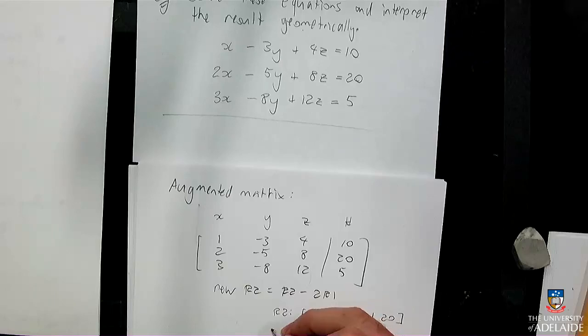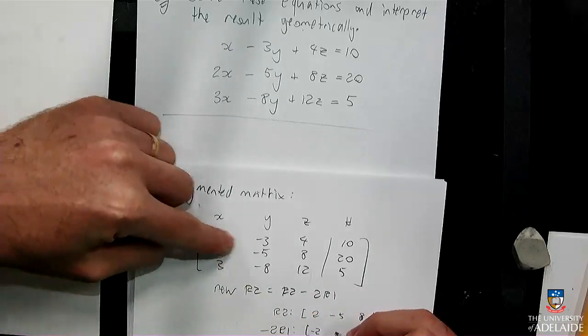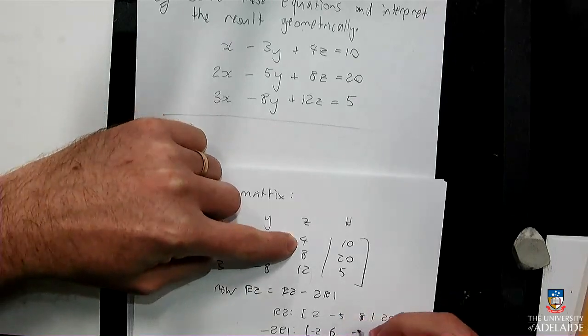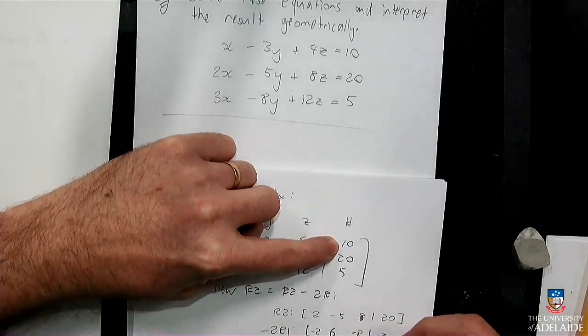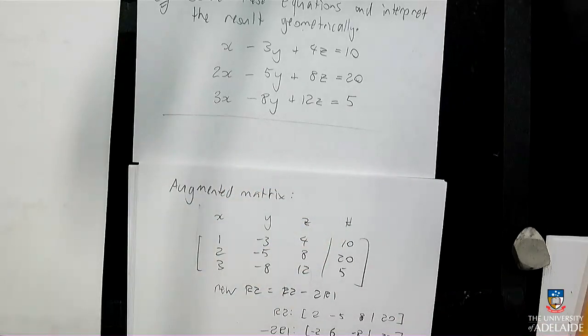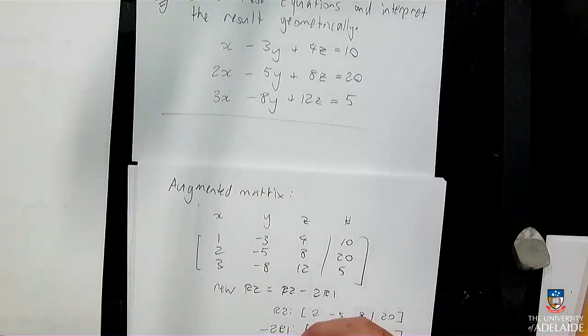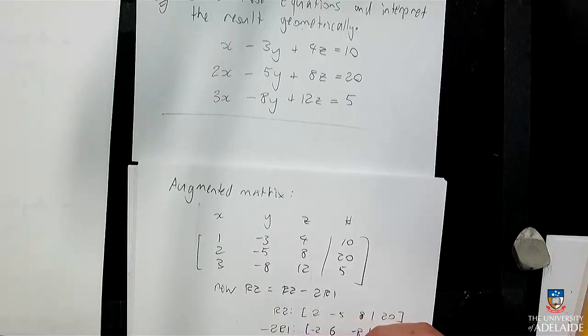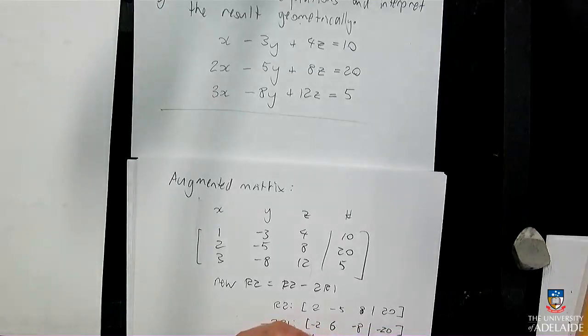Okay. So minus 2 row 1 is minus 2 of this: 6, minus 8, minus 20. And so then my new row 2 will be 0, 1, 0, 0. Ooh, interesting. That's telling me that y is 0. If they're going to meet, that's the y coordinate of the point. Fascinating. And let me do new row 3,